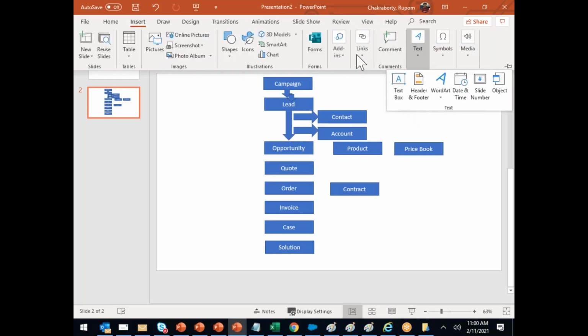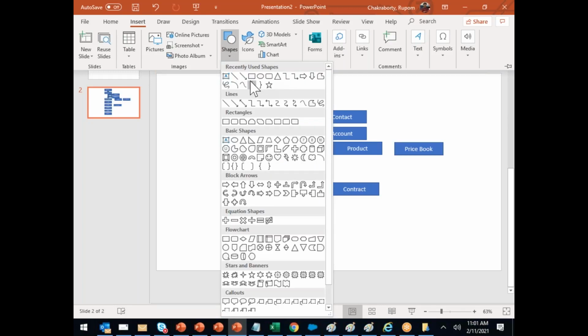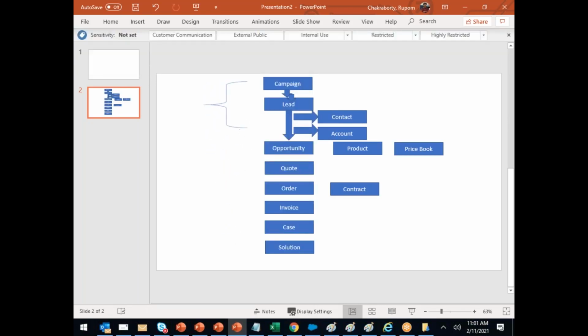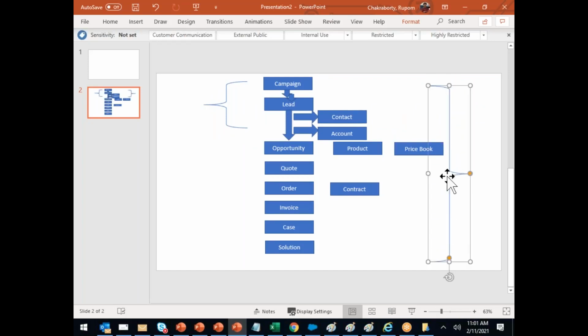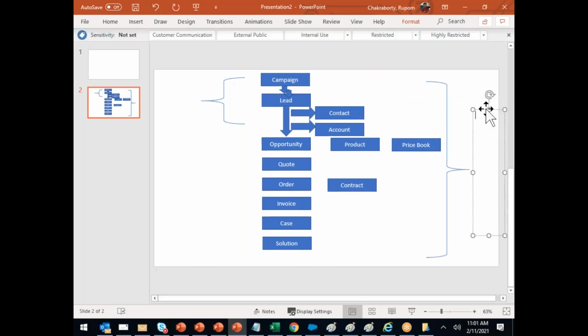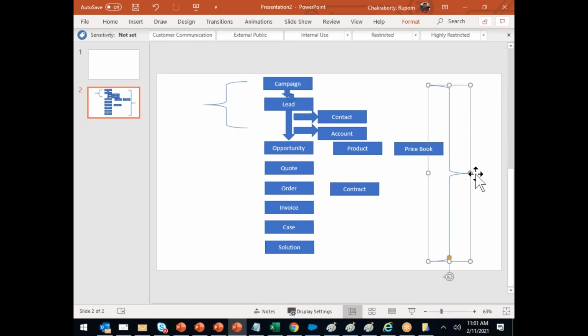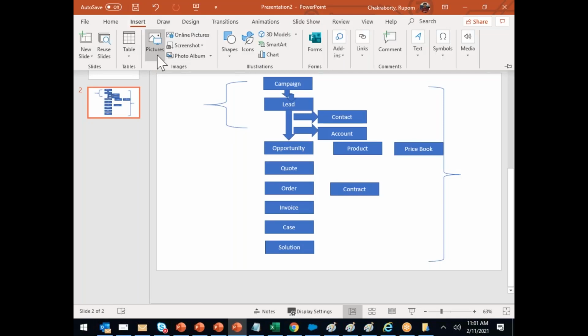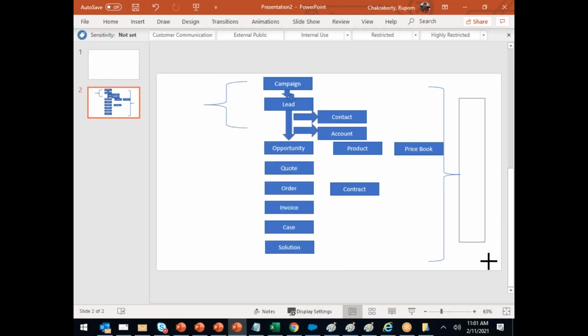Don't think the diagram is over. Start drawing it. It's very useful.